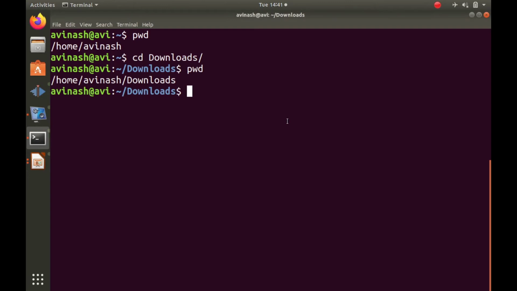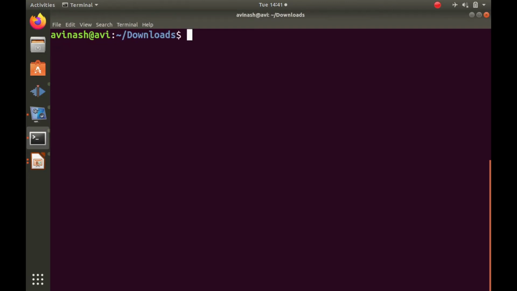And the next command is man. This is the most important command in the Linux shell, because if you have any problem in using any of the shell commands, you can take help of the Unix manual for correcting your commands. This can be done with the help of man. Man stands for manual or help. Man is a manual or help command that displays detailed information about all the commands.